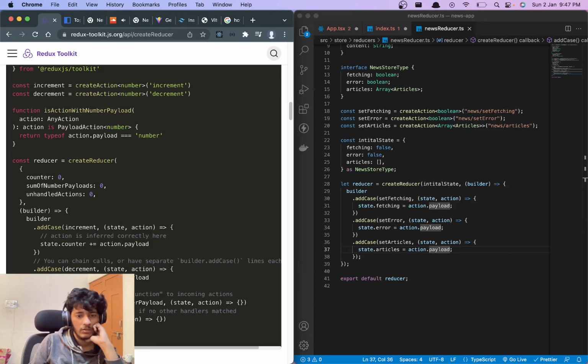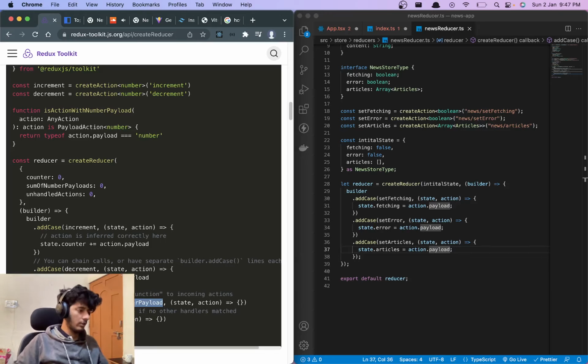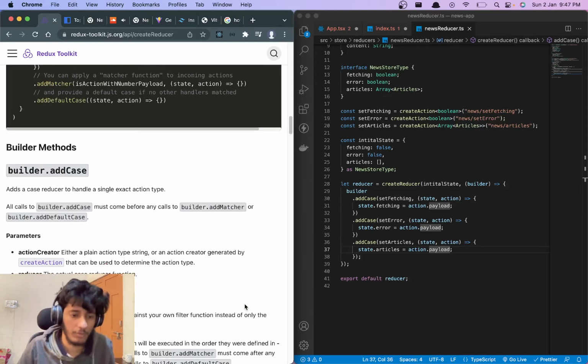Okay, add matcher is like you can pass a function over here. The function should return true or false. And if that returns true, it will be executed. Otherwise, it will not. So that's add matcher. Got it. That's how it works.